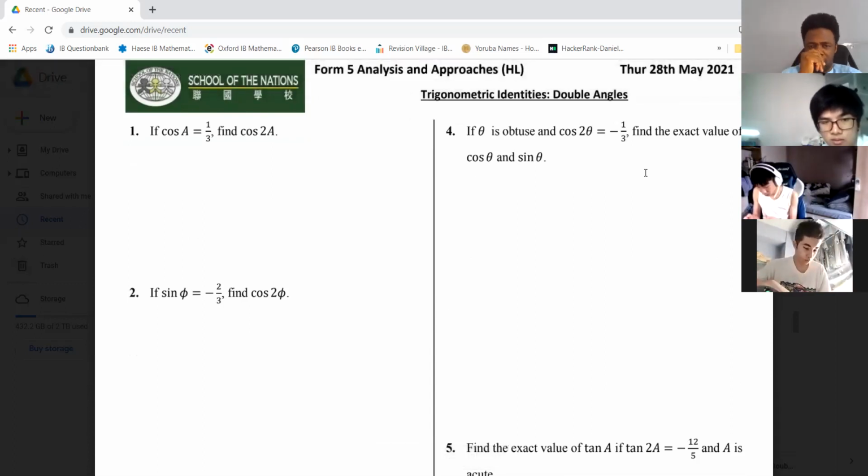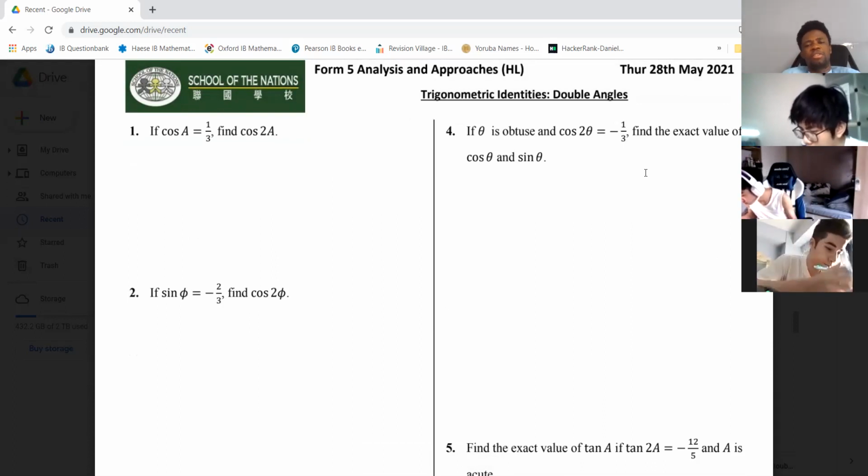Now, what about number 4? If theta is up to, yes, I'm listening. I started with cos 2 theta equals 2 cos squared theta minus 1. Good. So what did you get? I got root 3 over 3 negative. Why negative? Because